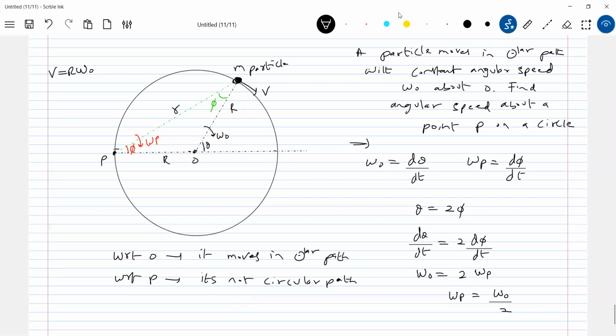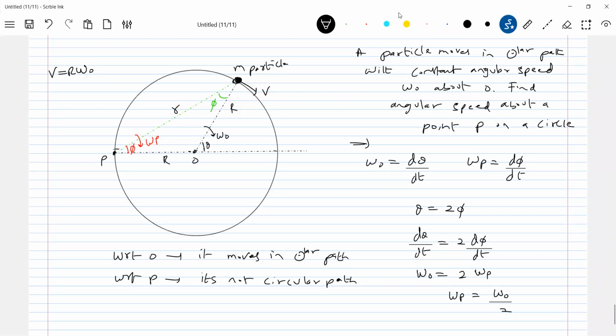Then I'll find out small r. Then I'll find out the component of velocity perpendicular to the line joining the particle and point P. Then the basic definition: what is angular velocity? V perpendicular by R. You do that, you'll get the same answer. Is it okay? You can try with mathematics, no problem. Because the basic definition is omega equal to V by R. So V and R should be perpendicular. This V is not perpendicular to R.